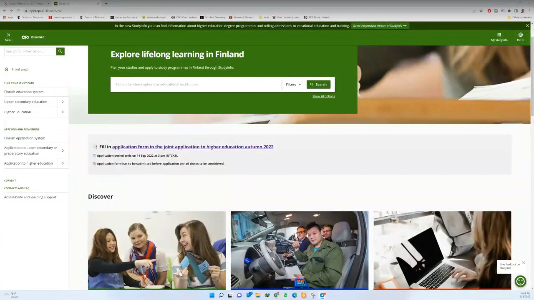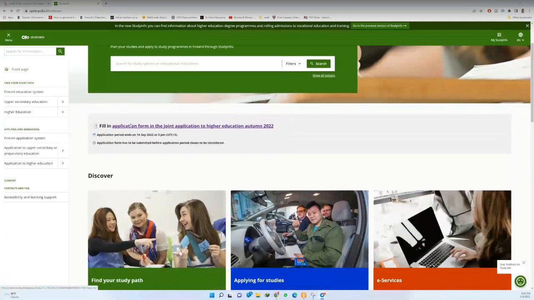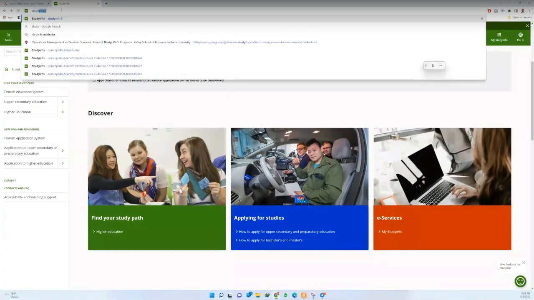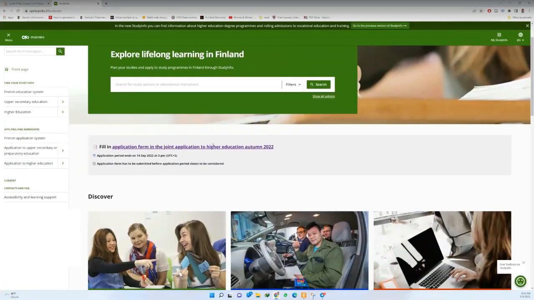Okay, so the recording has started, and now shortly I will just explain how you can apply to the current programs that are available. Now, from this website that you should be familiar with already, studyinfo.fi, right on the front page, you see the fill in application form. When you click on this,